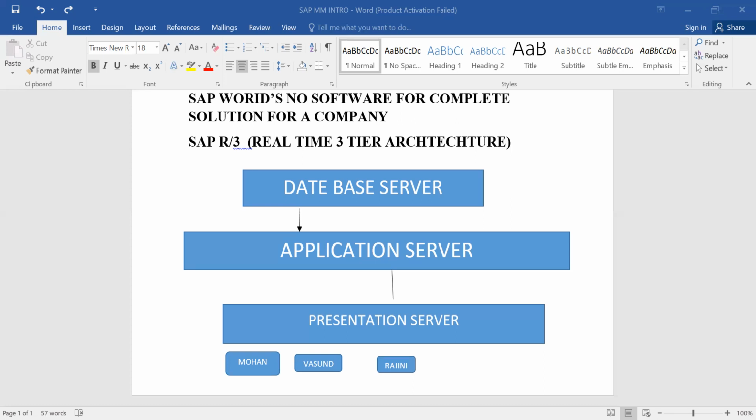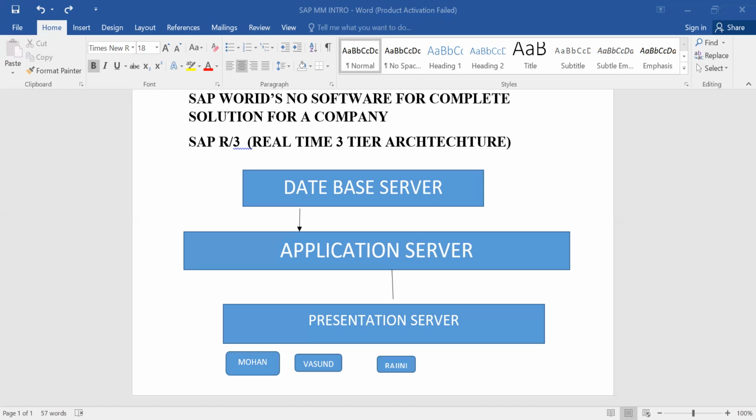So this is about SAP. Now, in SAP, we have three kinds of modules, three kinds of departments: functional modules. What are the functional modules?